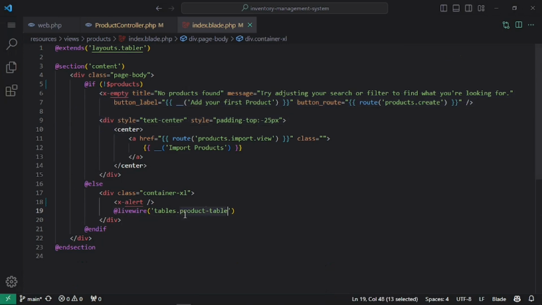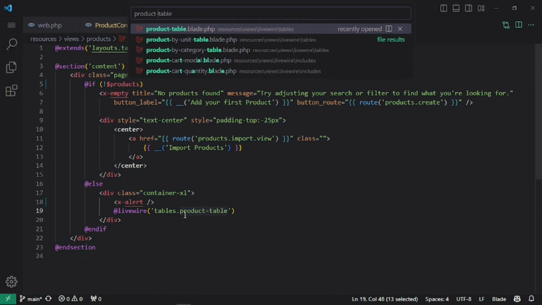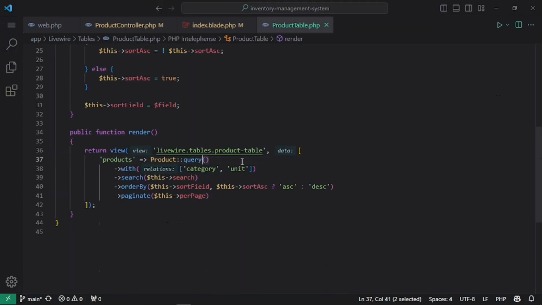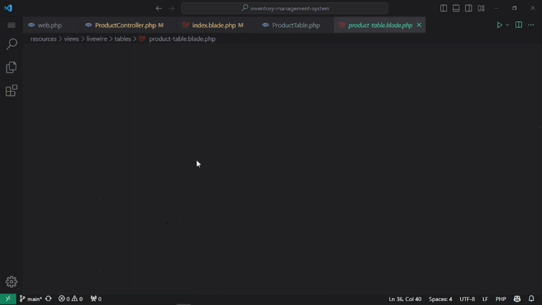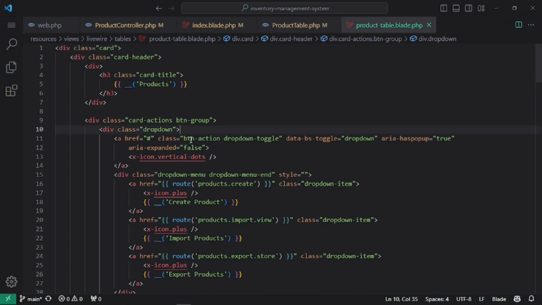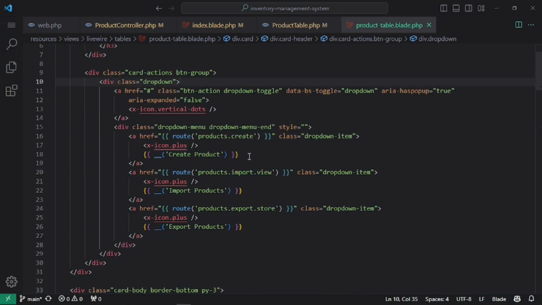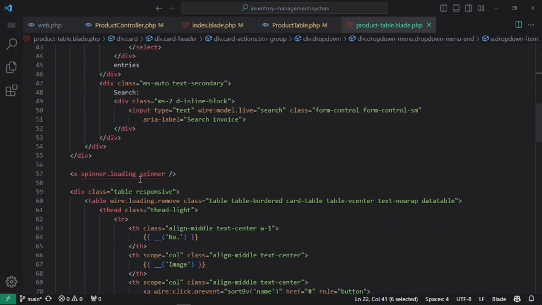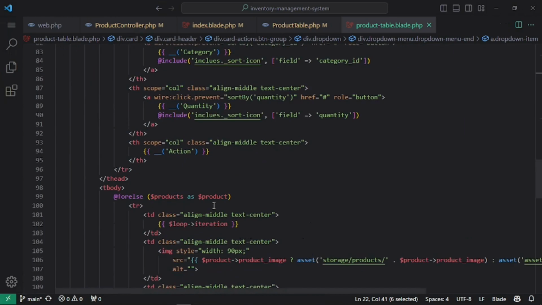And let's go inside the product table livewire component and see what we have here. We are going to add the condition right here as well. Okay, and after that let's go to this blade file and see we have the create, then import, export, and then we have some filters, and then we have the spinner. And here